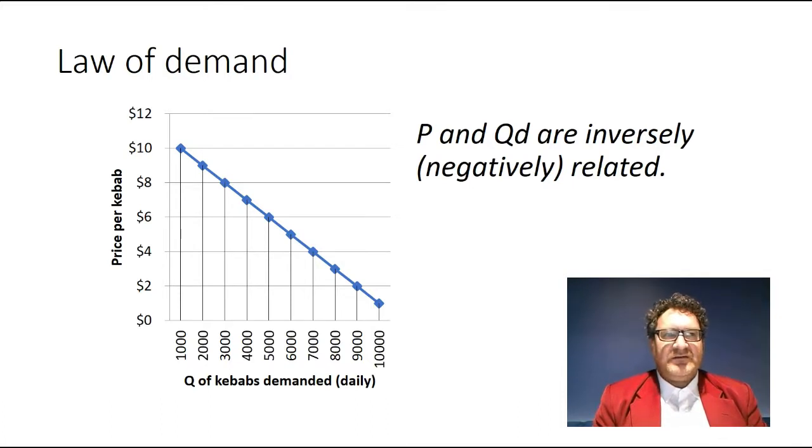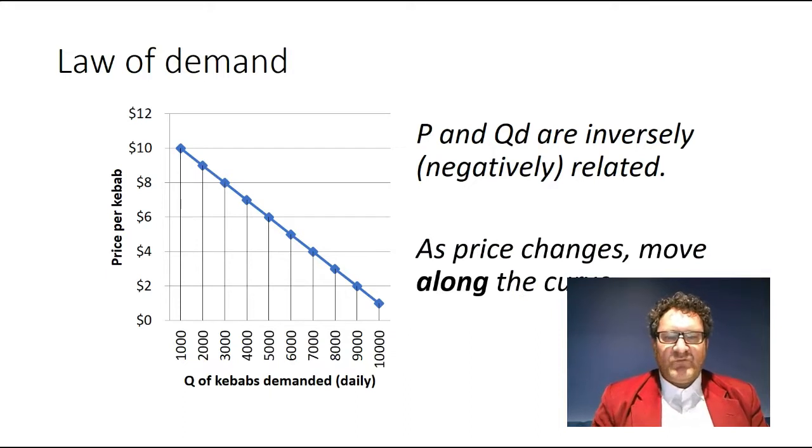So if you took the example of petrol instead of kebabs, it would probably be true that if the price of petrol fell, the quantity demanded would rise. If we took the case of cars, if the price of cars rises, then the quantity demanded is likely to fall. Tomatoes, same story, and so on and so forth, for the vast majority of products. So we say that we've got this law of demand, and the demand curve shows us all of these various corresponding prices. When the prices change, we move along this demand curve.